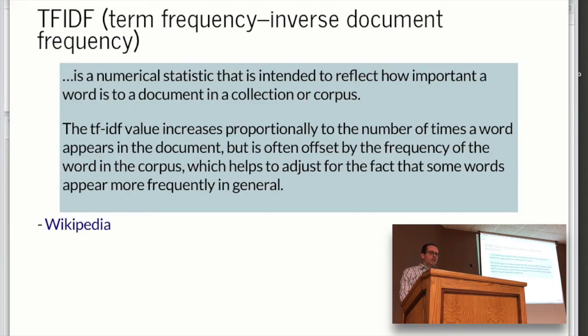So another way to make a document matrix is TF-IDF, term frequency inverse document frequency. I'm not going to walk through the math here, but essentially it's a ratio of the word in the document to how often the word appears in the text. So it essentially penalizes a word for being more common in the body of text. The higher values in a TF-IDF matrix represent words that are relatively unique. When you're trying to classify the differences in documents, that's a useful thing. That's a pretty hot area in NLP these days.